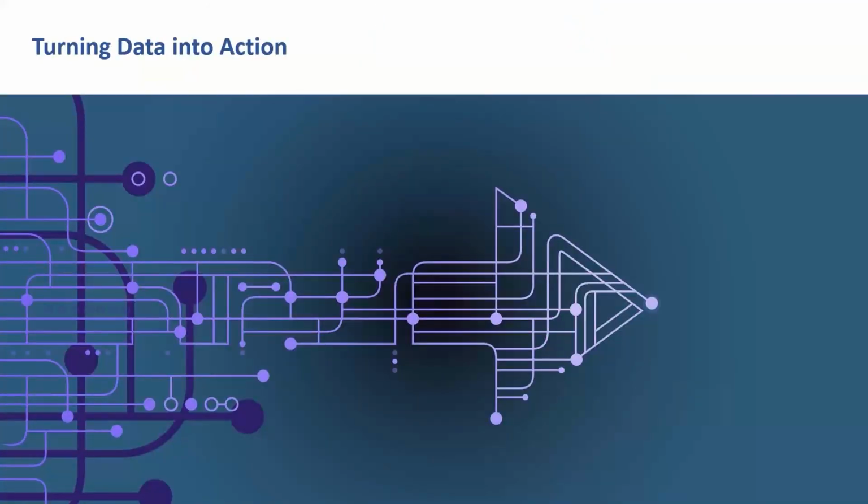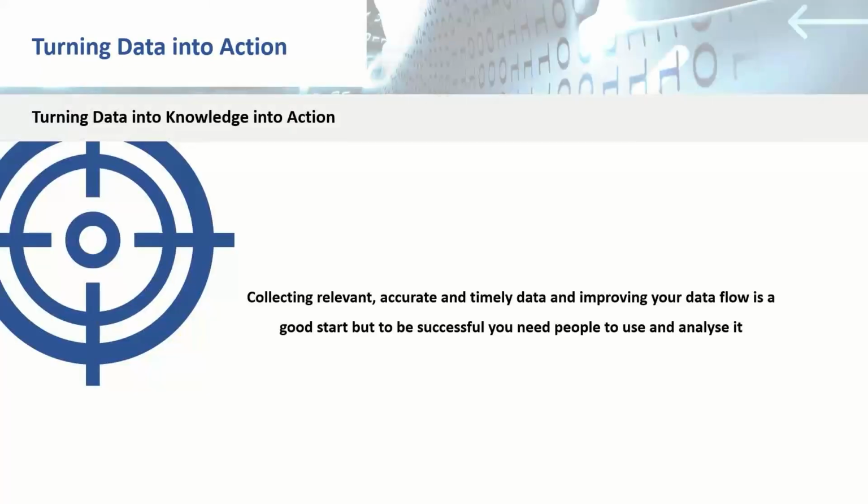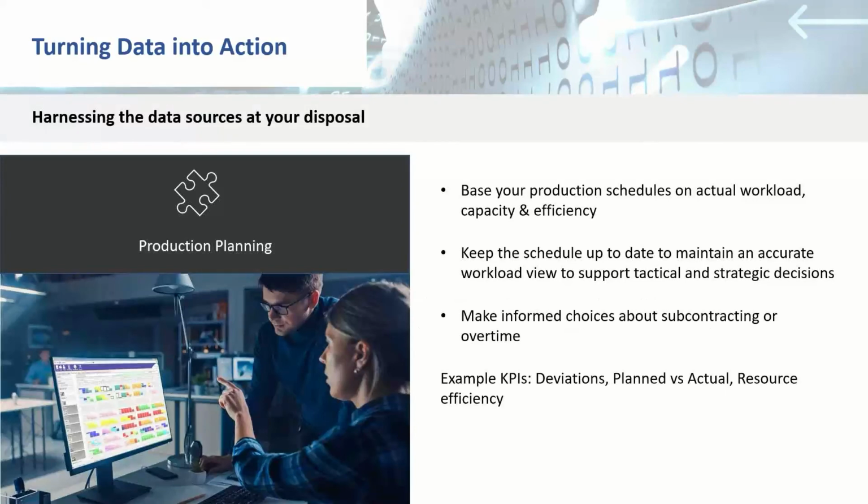So now we've talked about the data and how we can present it in the system. How do we turn it into something that you can actually make use of? Well, if we look at planning, first of all, the KPIs we might be interested in here are due date performance, how many jobs will actually be delivered on time, plan versus actual times. So we want to be basing our production schedules on actual workload, the capacity we have and the efficiency of the resource, but we want to keep it up to date from the data that we've collected